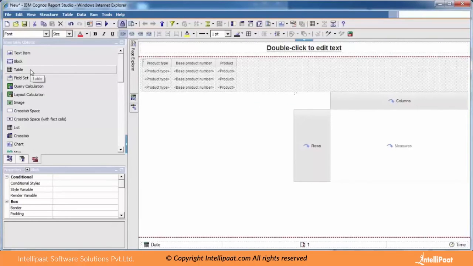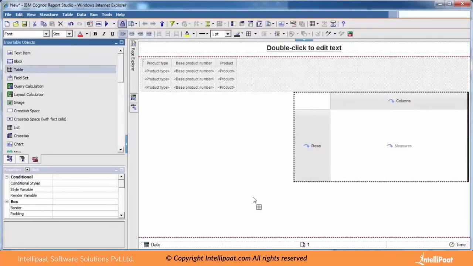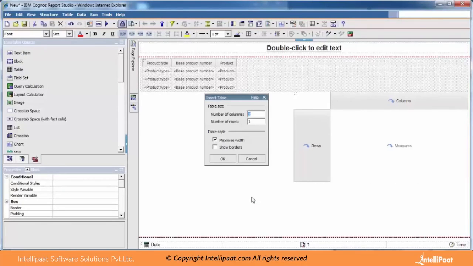We go with a table. A table is also like blocks, a combination of blocks, I will simply say. There will be a lot of blocks here, but we will not call them blocks; we will call them cells. Each table will have cells. So drag and drop a table item from the toolbox items. You will see a pop-up window. It will ask you to give the number of columns and the number of rows.